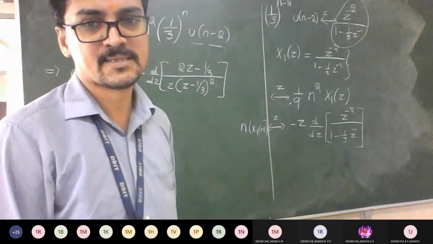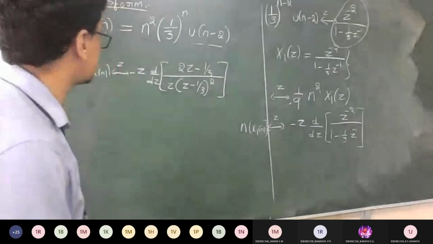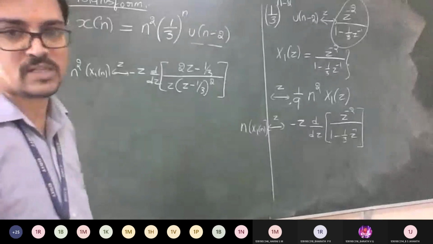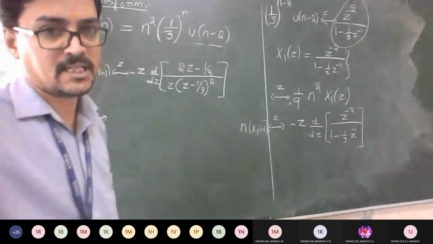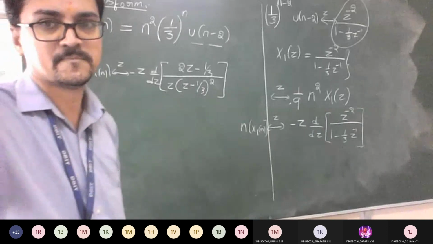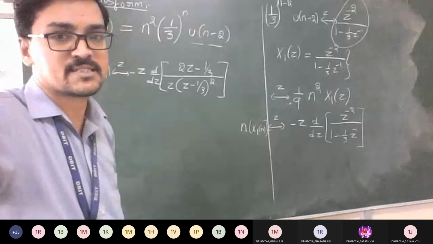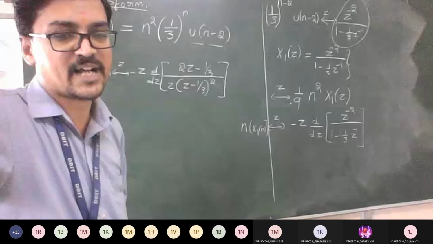Is that okay, guys? So those who are done, do one more differentiation and tell me what the final answer is. Whatever answer you got, you need to do differentiation once more because it is n square. Check out and tell me what the final answer is now. Others, have you got the same answer? What did your friend say, Bharat? Yes, sir. Okay. So differentiate this once more and check out what the simplified answer is.